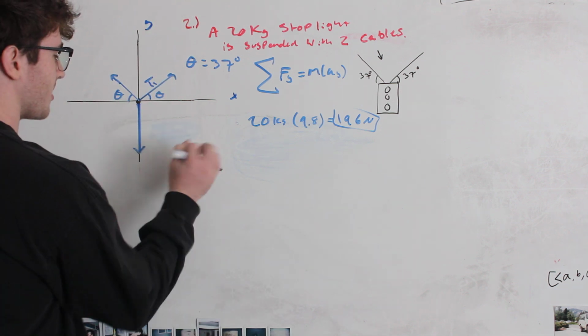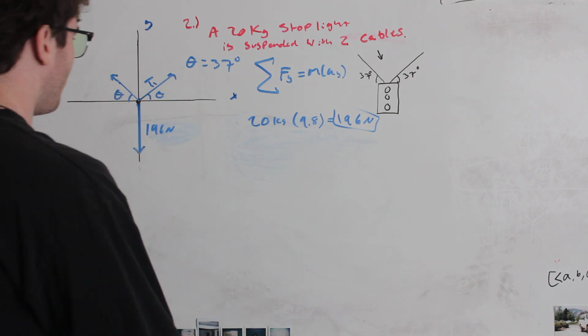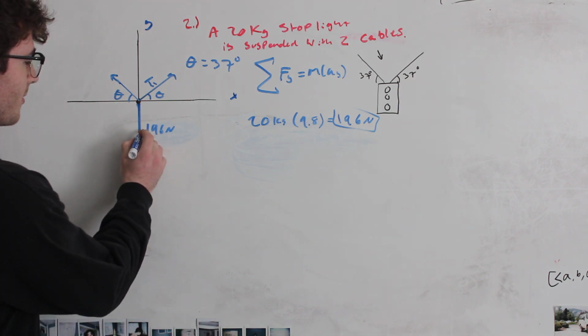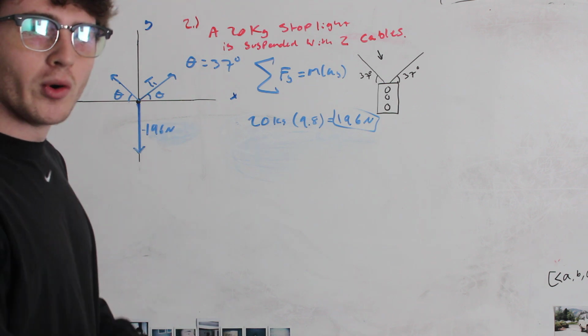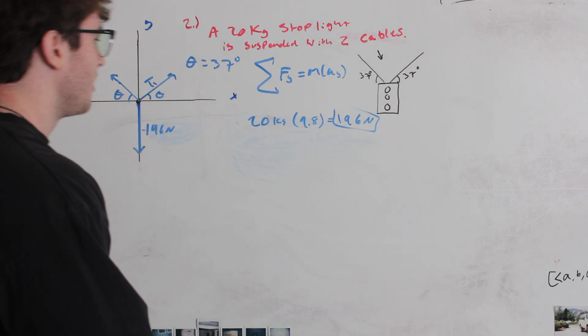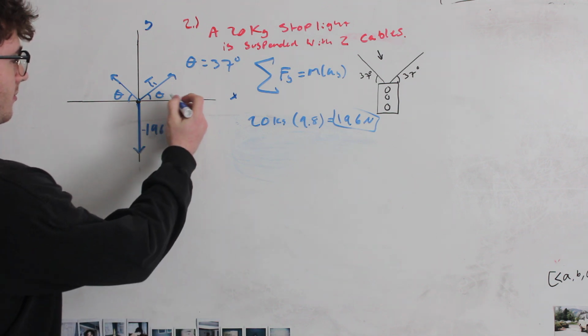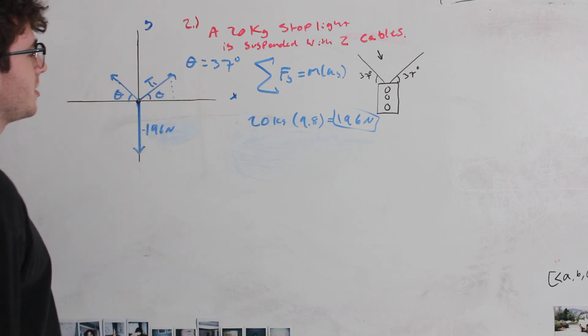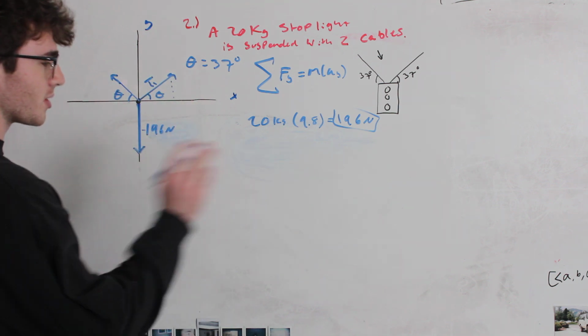So we're going to replace this right here. We'll call it 196 newtons downwards. For now, we're going to call this guy negative 196. Sign is very important here because we're talking about equilibrium. So now we need to find how much the y component is of the tensions. The thing here is, since we're in equilibrium,